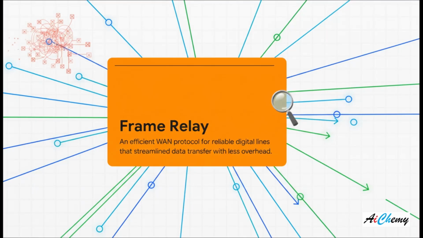Okay, so as the phone lines got better and went digital, all that heavy-duty error checking in X.25 started to feel like, well, overkill. It was slowing things down for no reason. So along came Frame Relay. It was designed to trust the network a lot more, and it stripped out a bunch of that old-school error checking. And the result? Way less overhead, which meant much, much higher speeds. This was a huge leap forward.